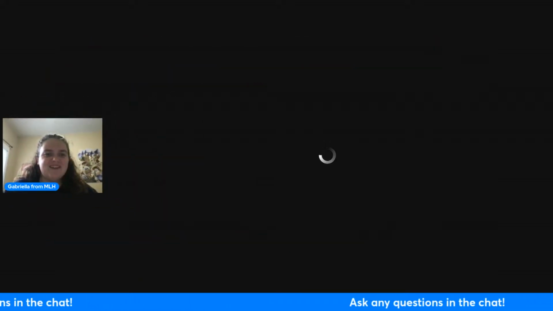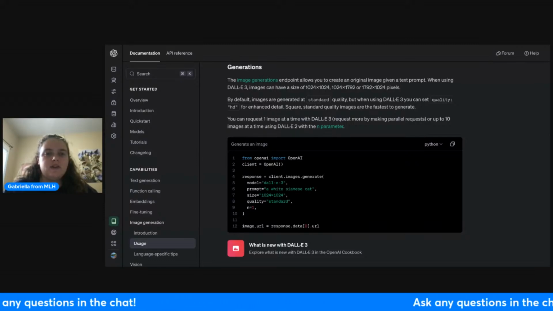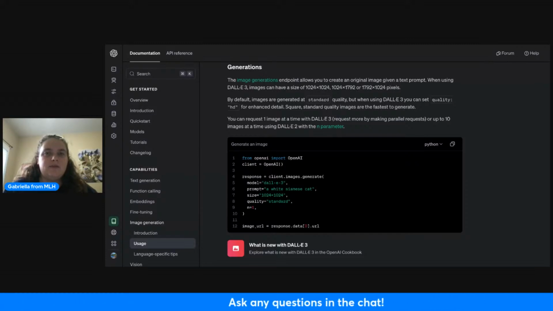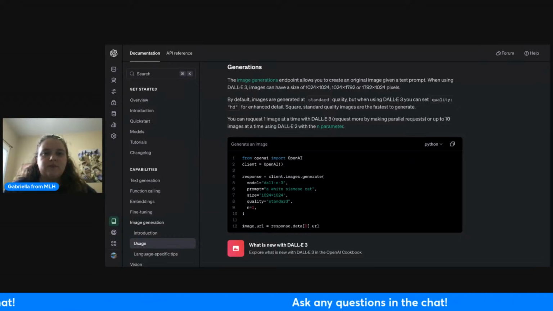Oh, I just realized I wasn't sharing my screen of the OpenAI documentation. They do have a free starter trial, so you're able to get some credits, I believe, for OpenAI. But if not, you're able to fund it. I think the minimum is $5 or something, and you get some credit, which I've never even come close to using all of. So this is what we're going to get started with. I'll walk you through